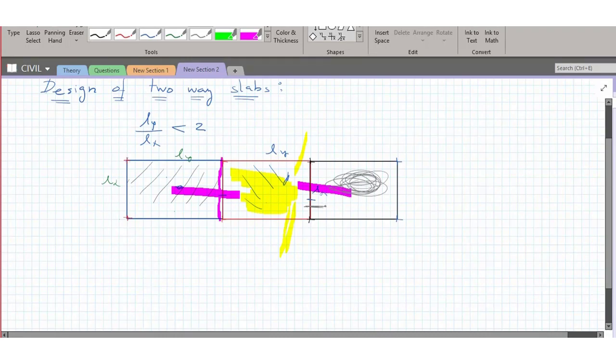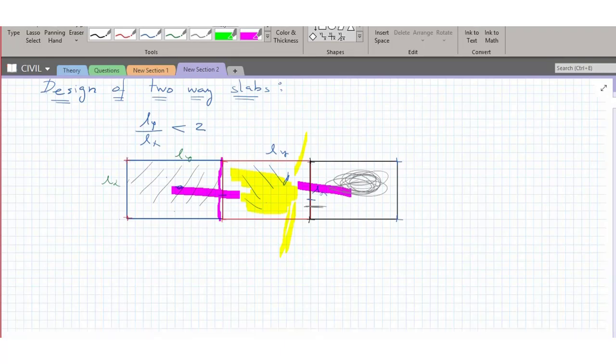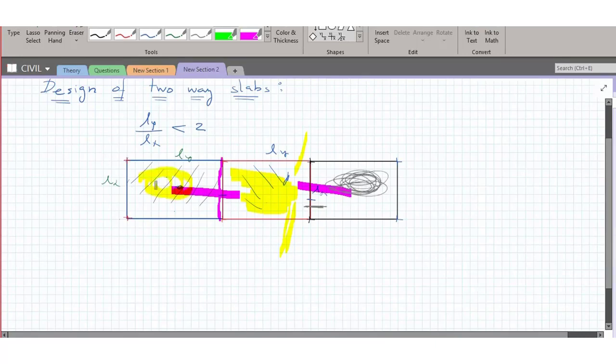सर कोई भी एज डिसकंटिन्यूअस है, इसका मीनिंग क्या है? Discontinuous means the slab is not continuing. जैसे अभी यहीं पर मैं बोल रहा हूँ, देखो कंटिन्यूअस का मतलब क्या चीज है? कंटिन्यूअस स्लैब जा रहा है. जैसे अभी यहाँ पर तुम देखो, ये पर्टिकुलर स्लैब पैनल की मैं बात करूं, ये इस बीम पे रेस्ट कर रहा है. लेट मी हाईलाइट इट. इस पे रेस्ट कर रहा है, इस पे रेस्ट कर रहा है, इस पे रेस्ट कर रहा है. ठीक है कि नहीं? कंटिन्यूअस का मतलब क्या? ये स्लैब कंटिन्यू हो गया इस डायरेक्शन में. The slab is continuing, it is not discontinued. But इस डायरेक्शन में देखो तो this slab has become discontinuous.